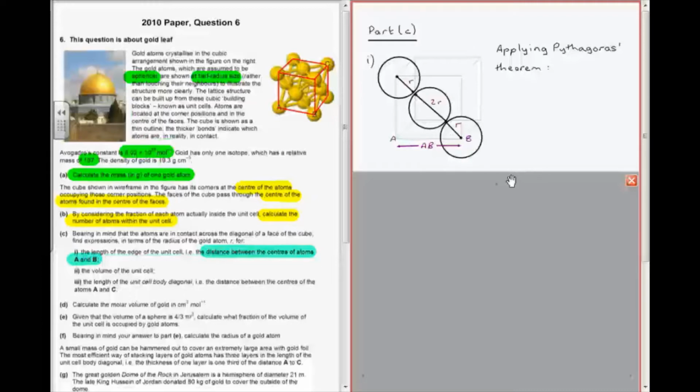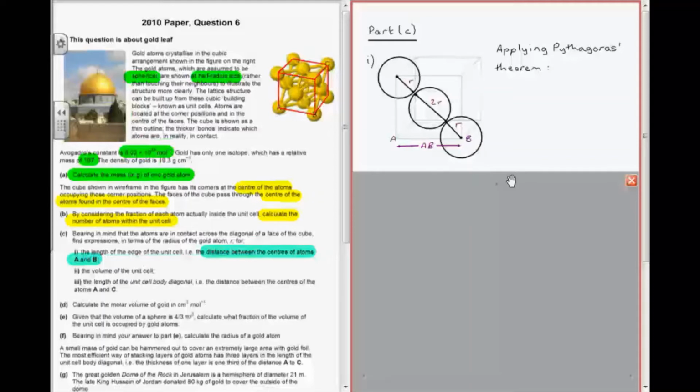To calculate the length of the edge of the unit cell, the distance AB, we need to apply Pythagoras' theorem. Pythagoras' theorem states that in any right-angled triangle, the square of the hypotenuse, which is the longest side, is equal to the sum of the squares of the two other sides. So in this case, as the unit cell is cubic, and so all the sides are equal, we can say